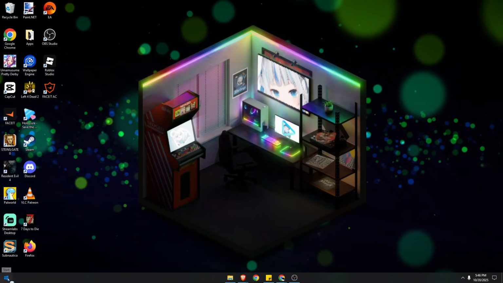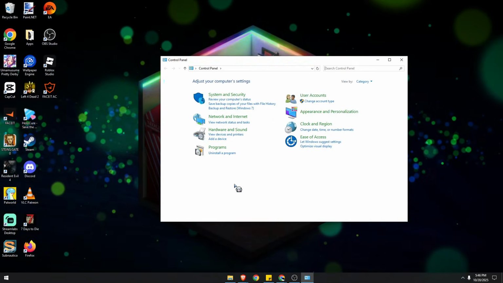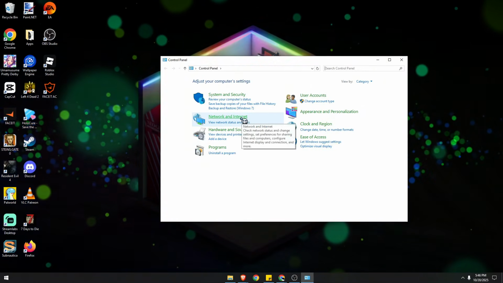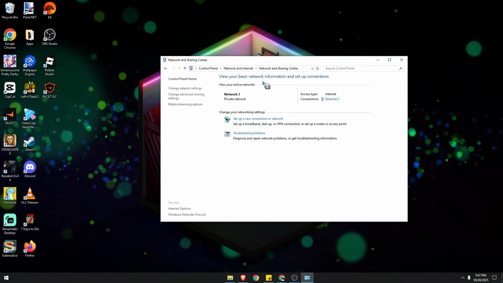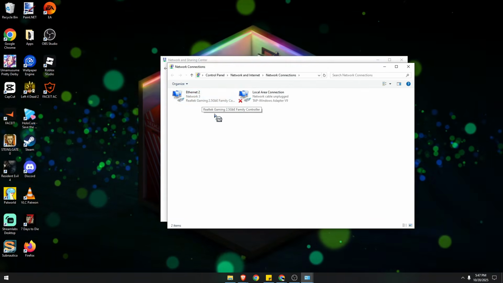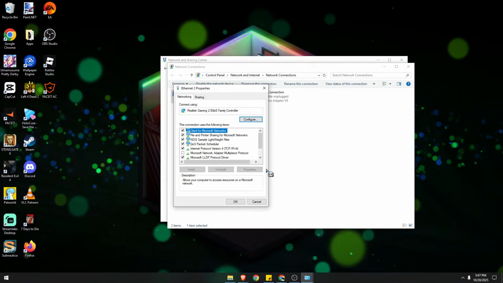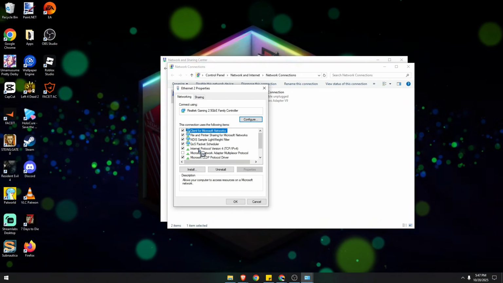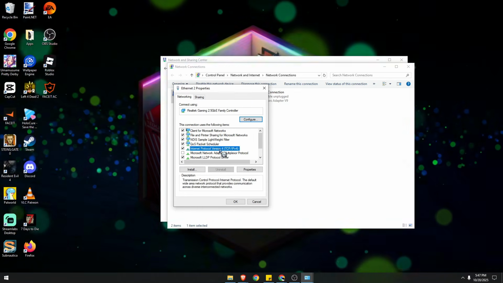Go to your start menu, type control panel, left click on it, go to network and internet, click on network and sharing center, choose change adapter settings. Now click on your internet, right click, go to properties, and then you need to select internet protocol version IPv4,